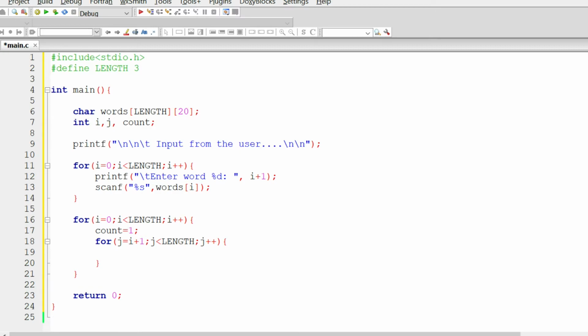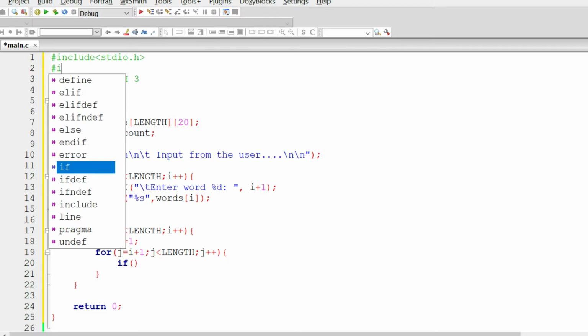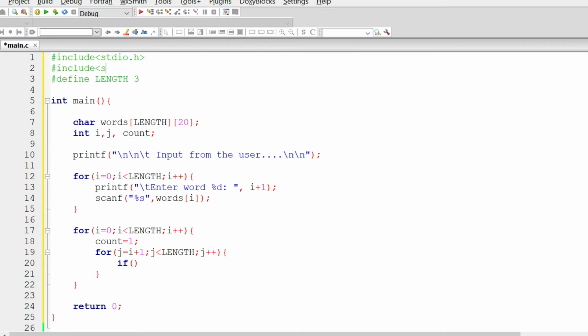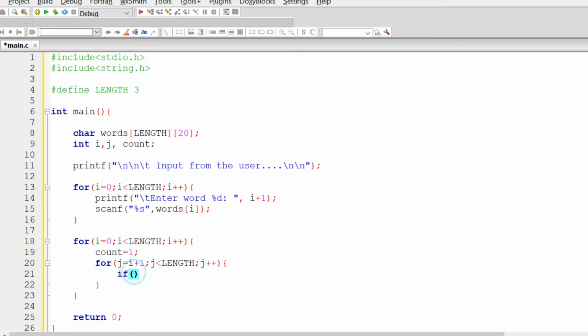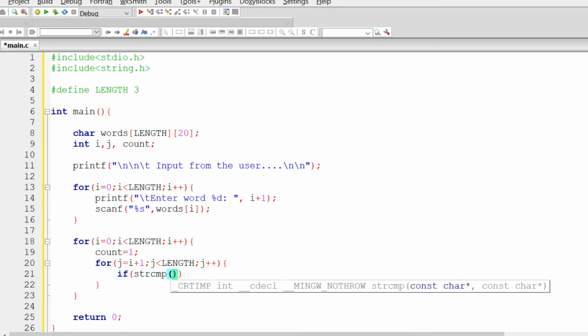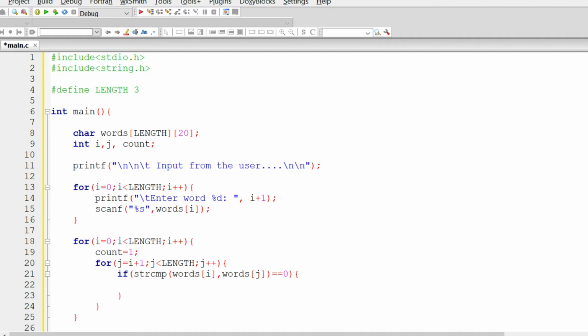Now we are going to compare, and for string comparison we are going to use standard functions, and for that we are going to include string.h in the header. So we are going to use the strcmp function, and the arguments are going to be words at index i, and we'll compare it with the next word that is going to be at index j, and if they are equal then this function will return 0, and we can increment count.